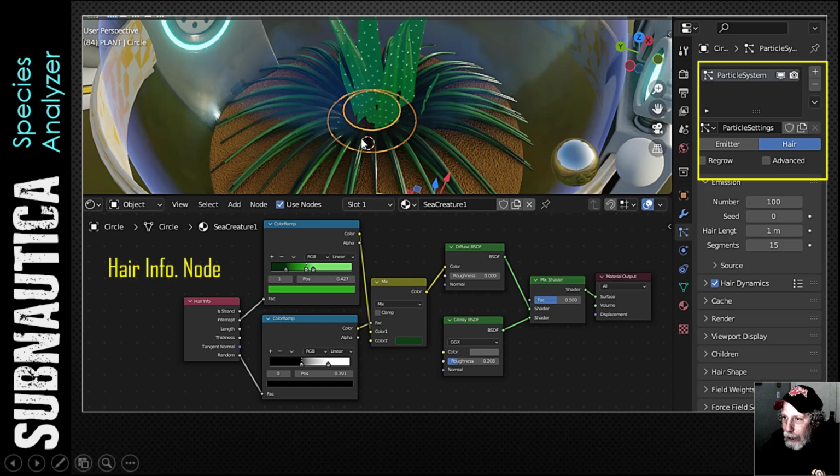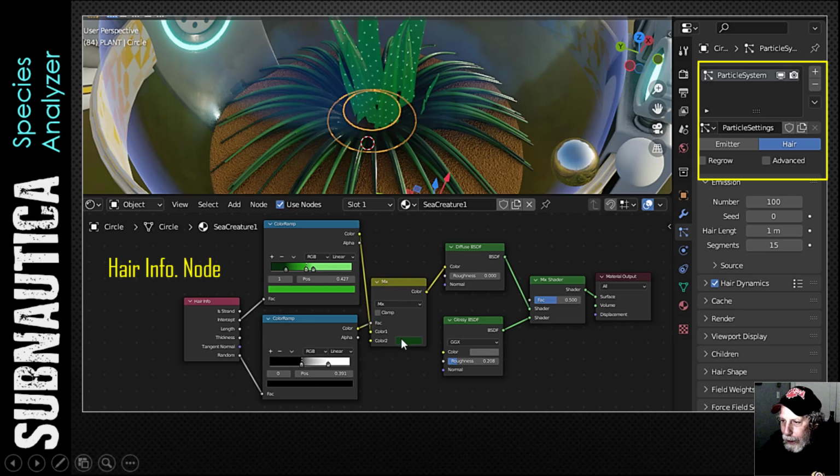The other thing that I did is I used some particle effects to create this kind of alien tentacle-like thing. And so what I did was I set up a particle system using hair, and I won't get into the values because there are a lot of good hair tutorials out there. But what I did is I took the hair info node, and I came out of random into a color ramp and sort of crunched down these values a little bit into a mix shader,